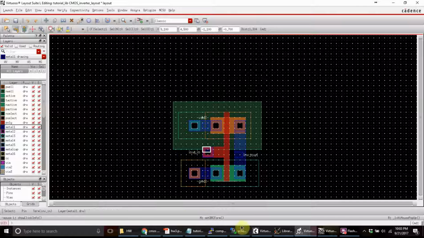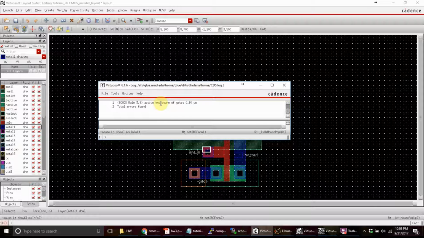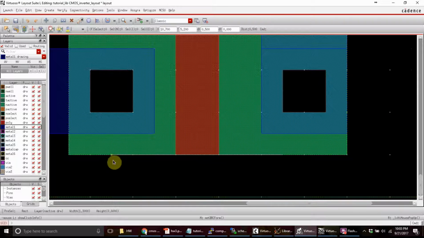No problem. And even you can see here, there are two errors. Where are these two errors? Active enclosure of gate 0.3 micrometer. Oh, I know where it is. It is here. You see this white line here,